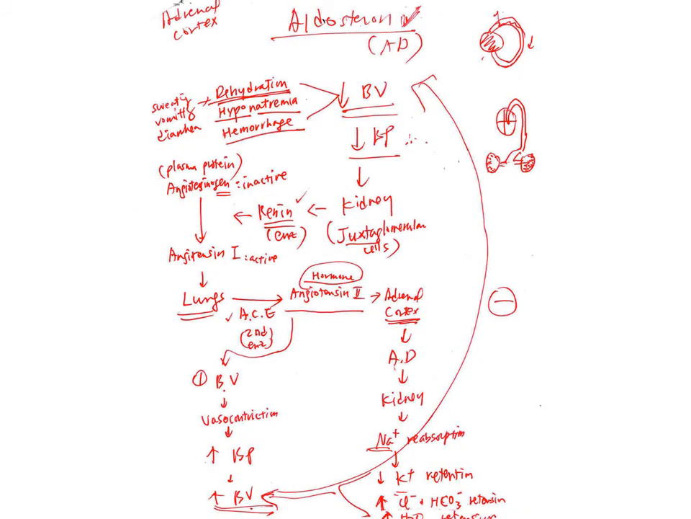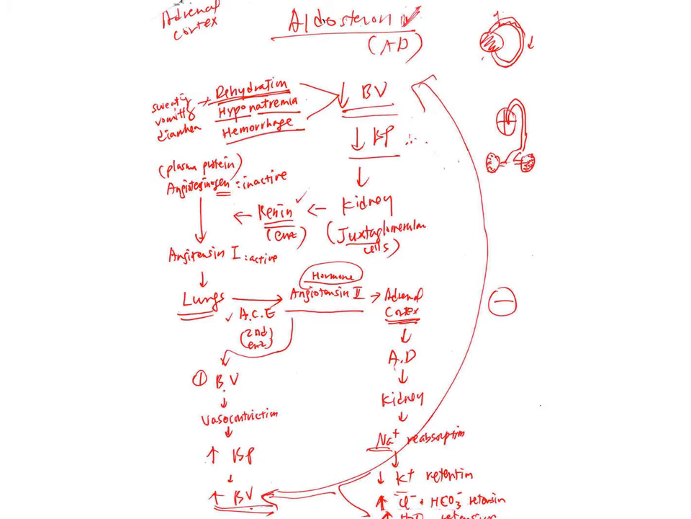And this slide shows you how aldosterone basically works. Normally the triggering mechanism is dehydration, hyponatremia, hemorrhage, and these occur due to sweating and vomiting and diarrhea, and so the blood volume goes down, therefore blood pressure goes down. The kidney will sense that pressure going down, and it will trigger renin release, and renin will